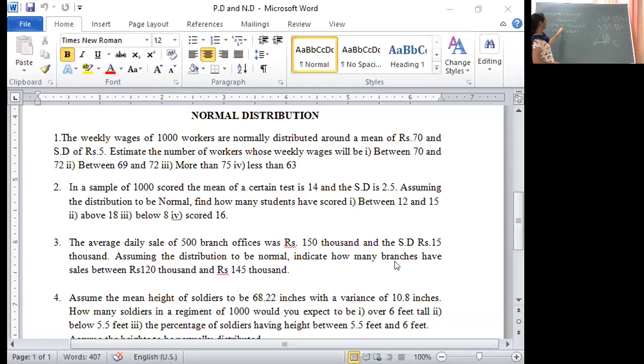From the normal distribution table, the value of 1 is this, and the value of 0.6 is this. Then you will get this. Then here they asked how many students got exactly 16, that is f of x equal to 16. The formula is n into probability of x equal to 16. This is equivalent to 1000 into 0.1156, which is equal to 115.6. Round it off to 116. Finally, how many students got 16 marks? 116 students got 16 marks.